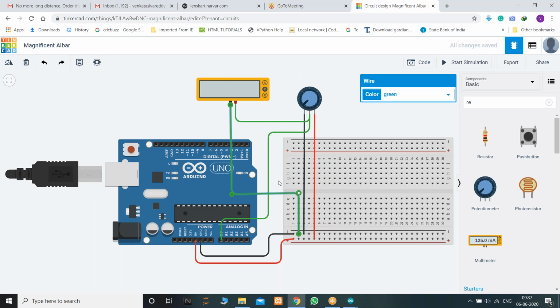For visualization purposes, I'm showing you this. There is no need for you to connect this. The ground terminal is black, and the positive supply is red. And the output terminal from this wiper, I'm reading the values from A0. Am I clear with this?